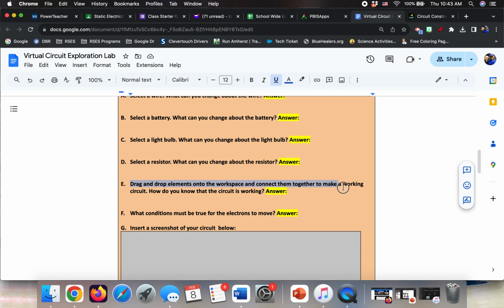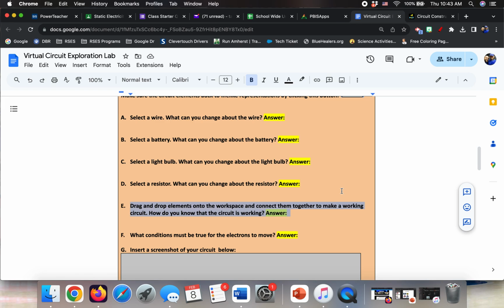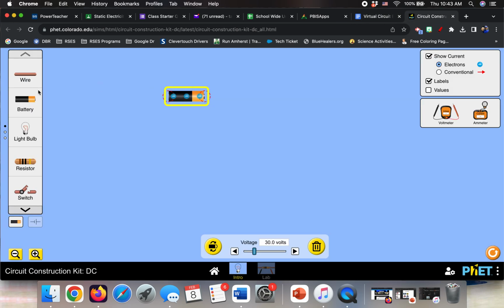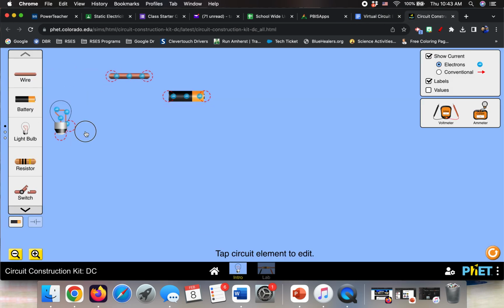When you get down to part E, it says drag and drop those elements onto the workspace and make a working circuit. So wire, battery, light bulb, and resistor. So there's a battery, wire, light bulb, and resistor. You can use as many wires as you want, but it says arrange them in a way so the light bulb lights up. The only thing I'll tell you is nothing will happen unless you connect the red circles and they turn black. If you connect things,